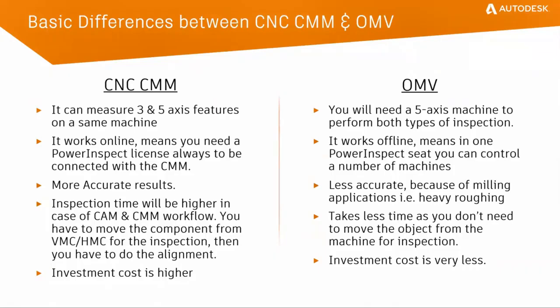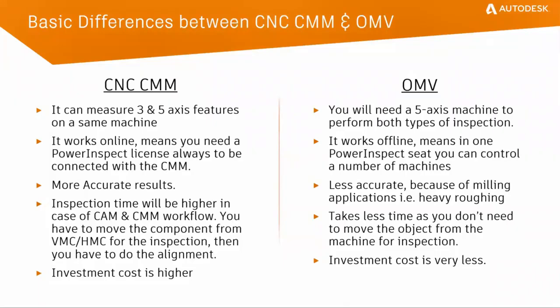Then CNC CMM works online. It means you always need a PowerInspect license connected with the CMM. And in the OMV case, it works offline. It means with one PowerInspect sheet, you can control a number of machines. And the CNC CMM is more accurate, while OMV is less accurate, because there are applications like heavy roughing and finishing operations on the machine, and the same spindle is used for inspection,